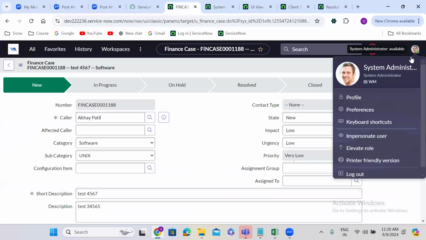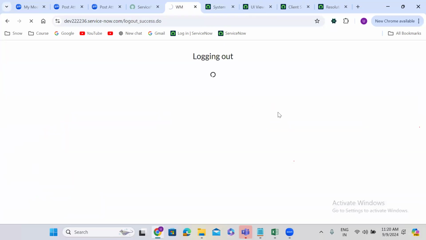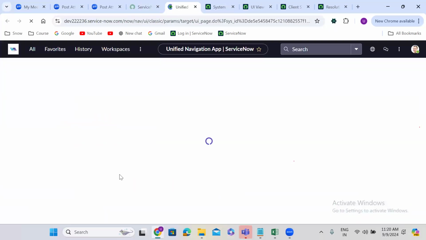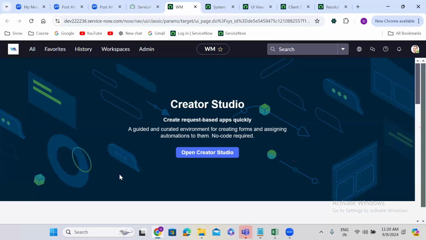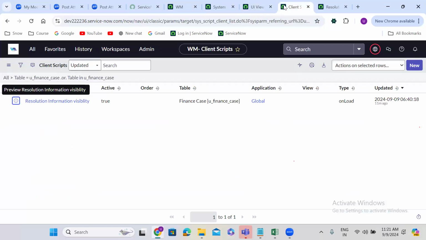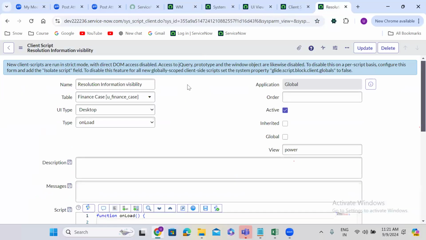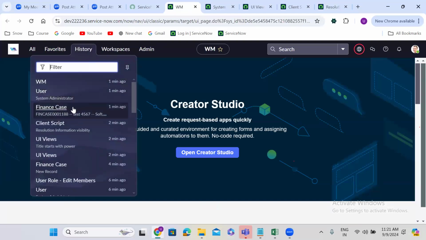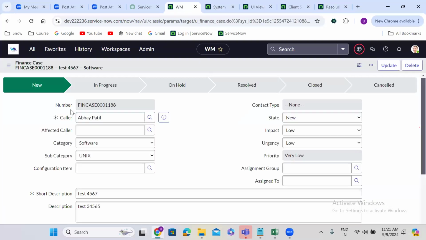We have to log out and log in again to reflect the changes. So if I open the finance case form now here,